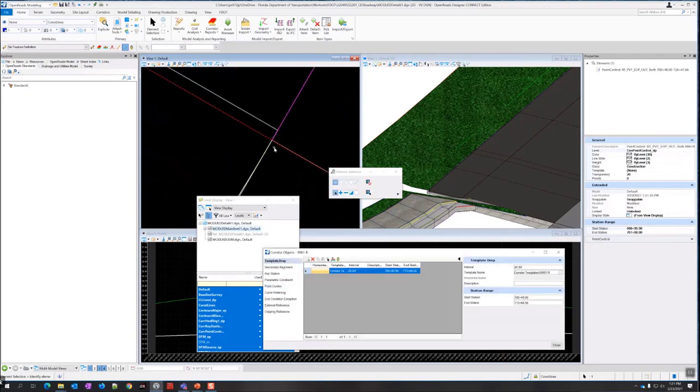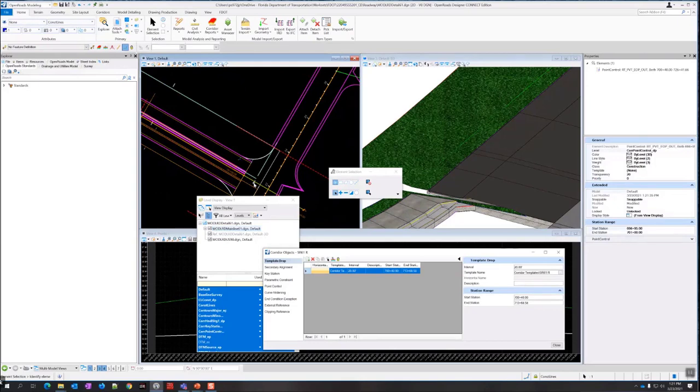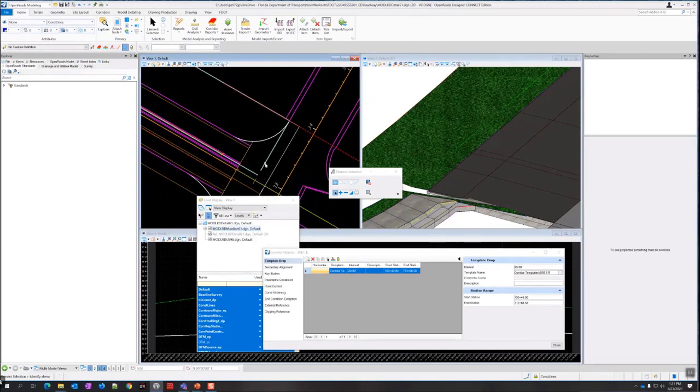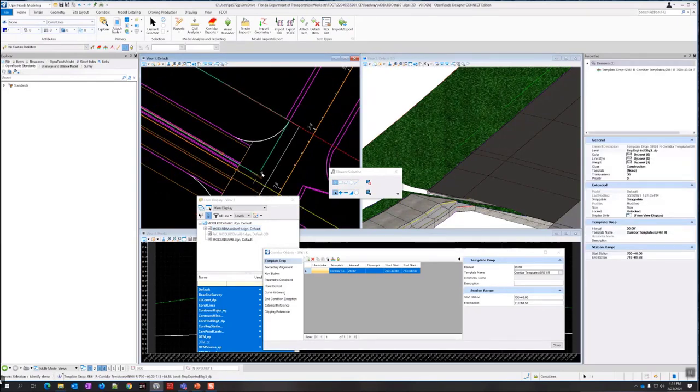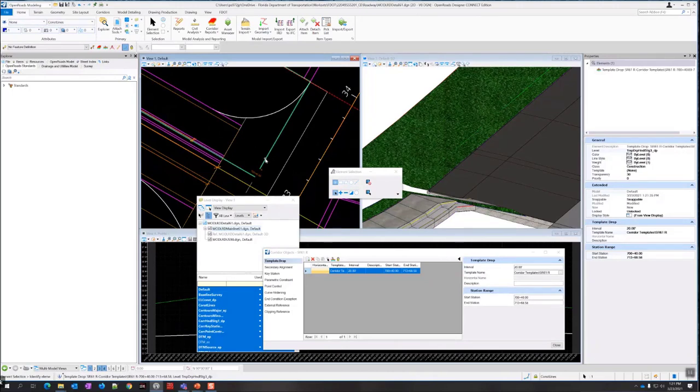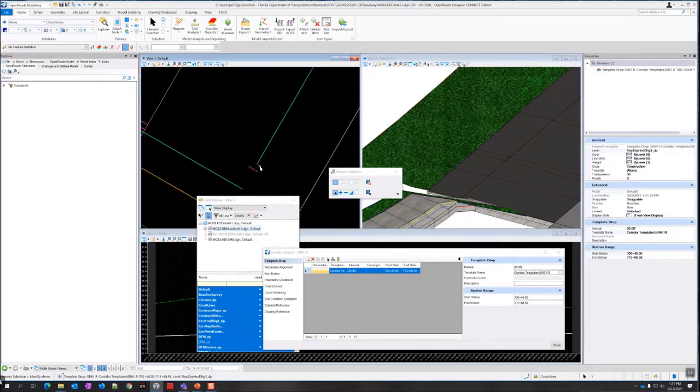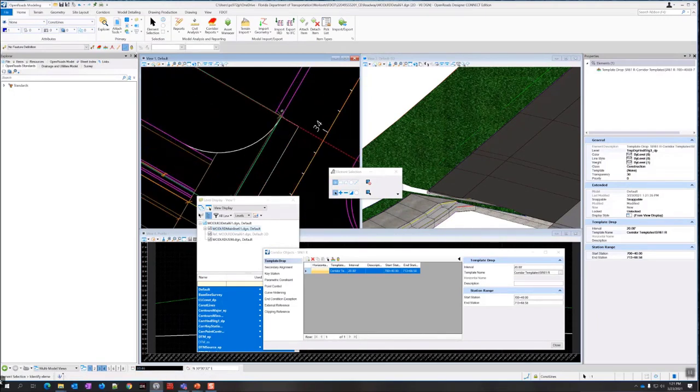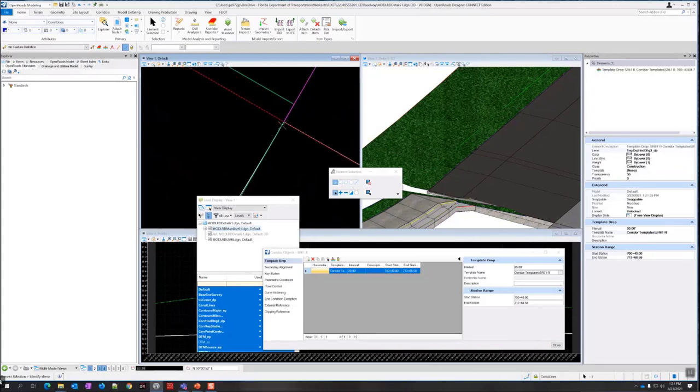So to change the template drop, all I should need to do is just grab the handle on the template drop here. So if I select the template drop boundary, I have this little handle right here. So I'm going to grab that and I can visually move it over.